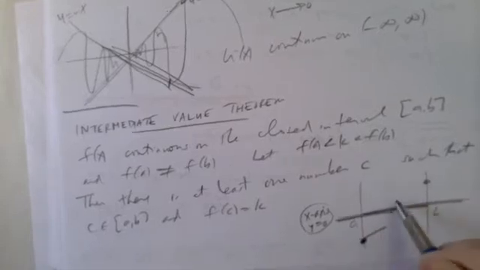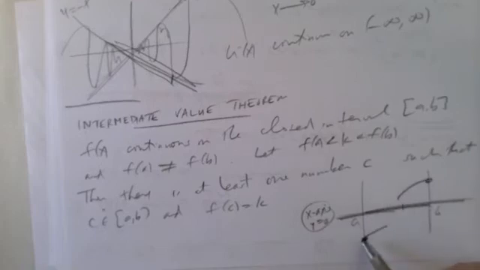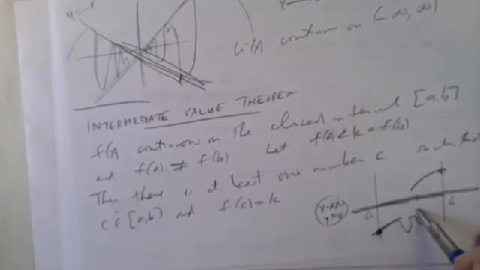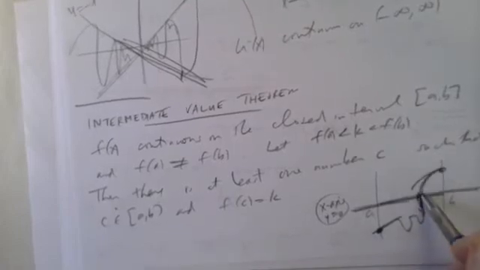That is, you can't get from here to here if the function is continuous without actually crossing the line. You can't jump. I mean, that's not a continuous function. If you're going to get from here to here, whatever you do, it'll be really complicated. But at some point, you have to cross the line. That's exactly what the intermediate value theorem says. Not just for hitting the value 0, but